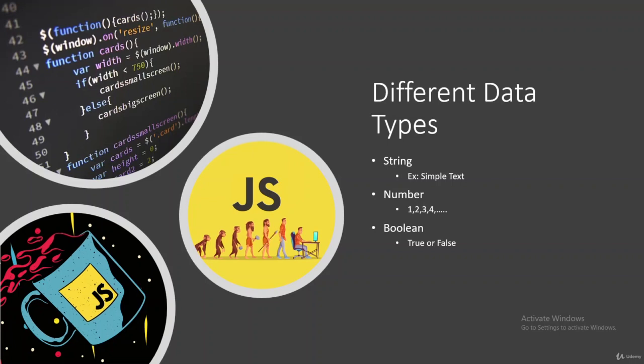Now the last data type that we have is the Boolean data type. This data type is a true or false data type. It's usually used for loops, for example, for loops and other things. It can also be used in if statements. So